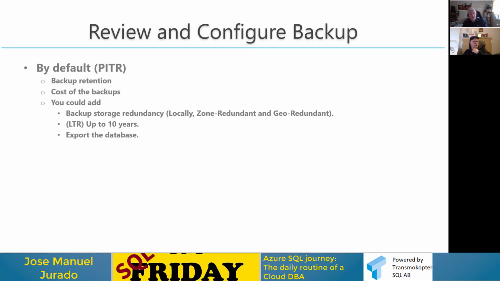Of course, you could create your own backup. In Azure SQL Database, unfortunately, it is not possible to run BACKUP DATABASE. In this case, you need to export your data, running a bacpac. Most probably you know these sorts of things. A bacpac is not a native backup. It's an exporting process. So for that reason, our recommendation when you run an export process is to try that your database is not receiving updates.